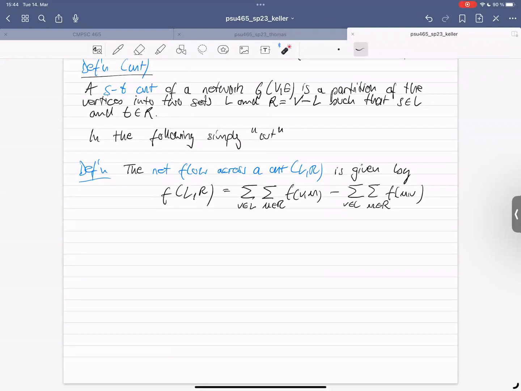Okay, so this is basically how we quantify the flow across a cut. And we said we wanted to upper bound this somehow with the capacity. So let's see what exactly we mean by this and what we're going to use for that. For this, we define what's called the capacity of a cut. That's a couple of definitions we have to introduce today, unfortunately. So the definition introduces the capacity of a cut. The capacity of a cut LR is given by